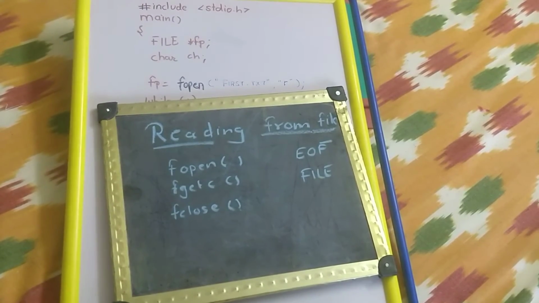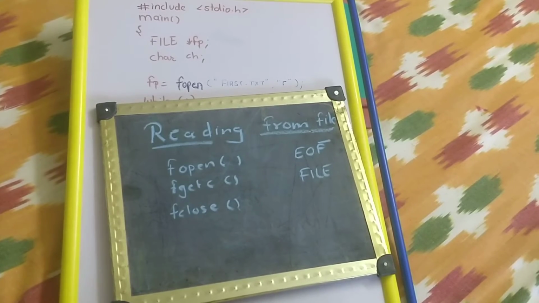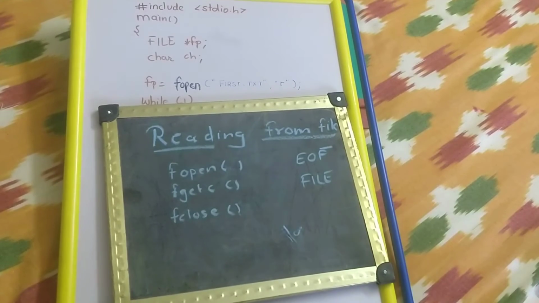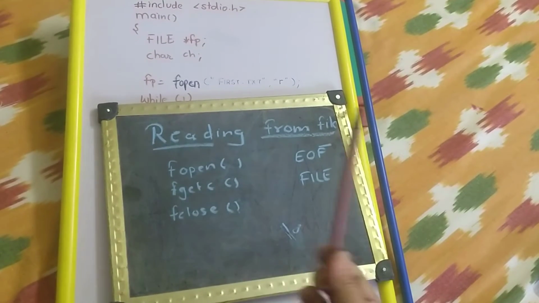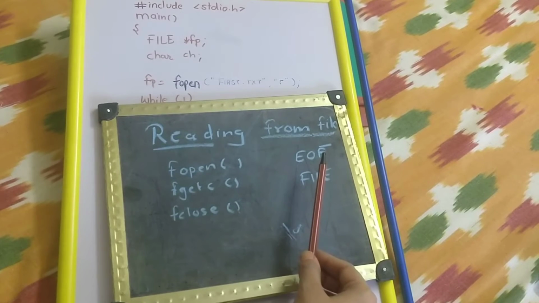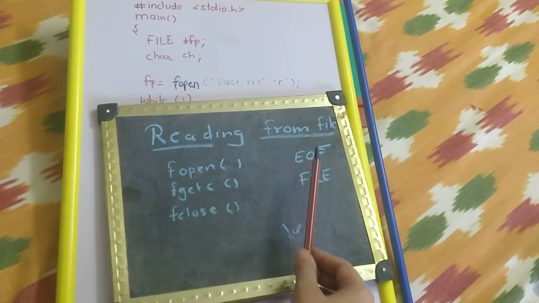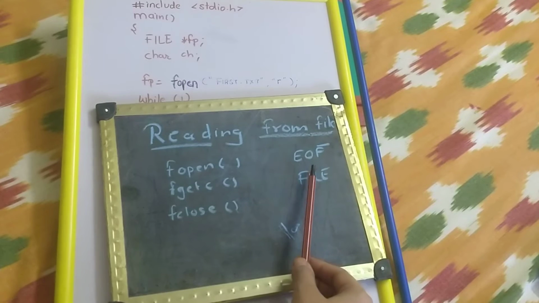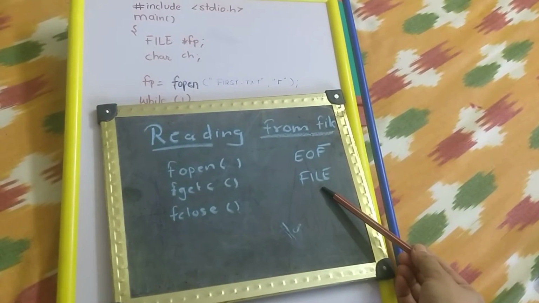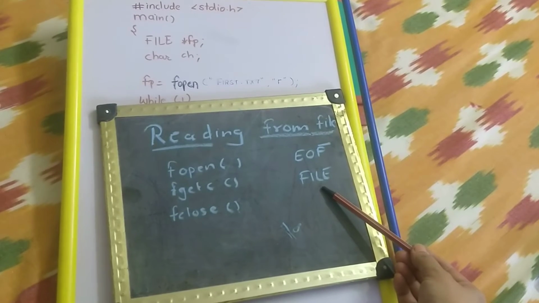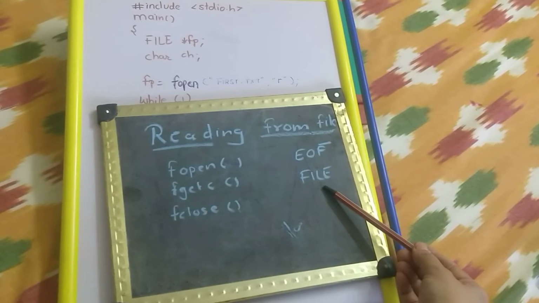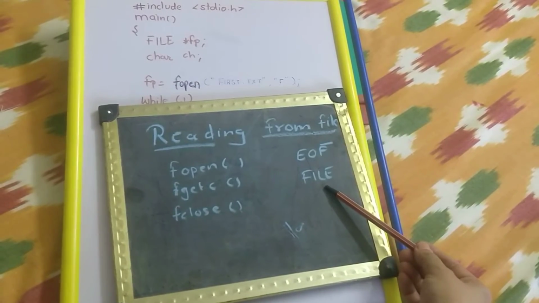Along with this, you will see one new inbuilt character constant, which is EOF, which indicates the end of the file. Like for C strings, you have a null character which indicates the end of a string. For checking the end of file, you have to check for this character. It is mandatory to use capital letters as C language is case sensitive. Another new thing is FILE, which is an inbuilt data type which we will be using to create a file and work with the file.